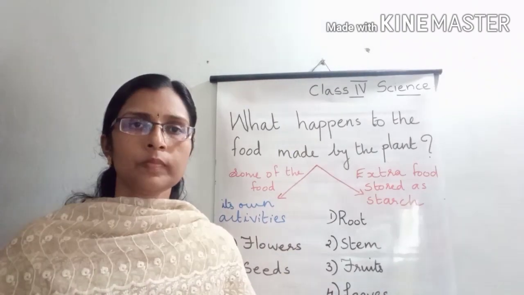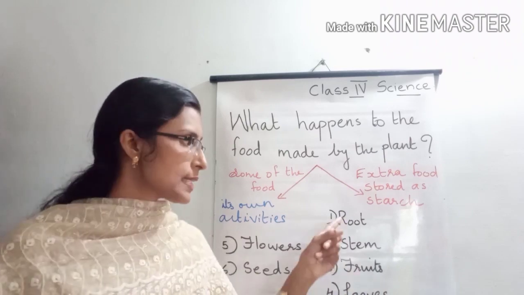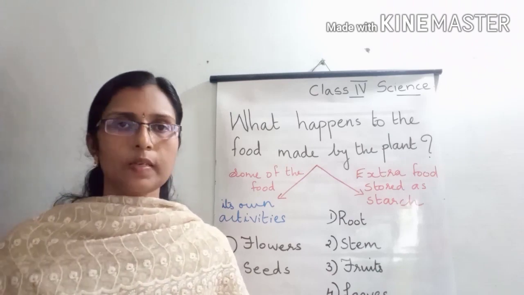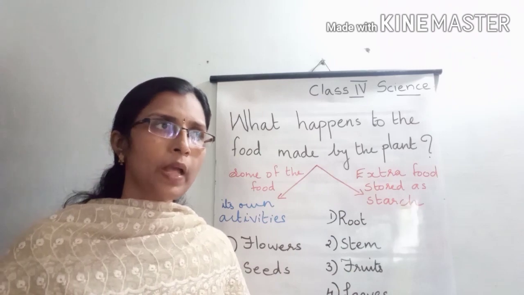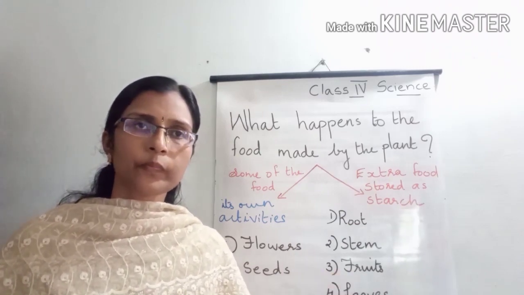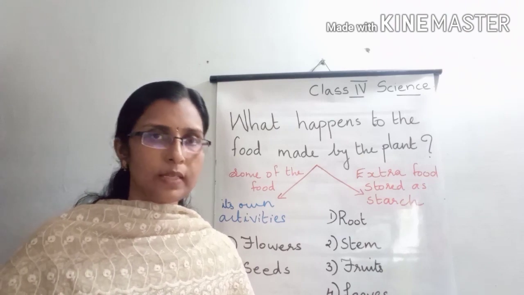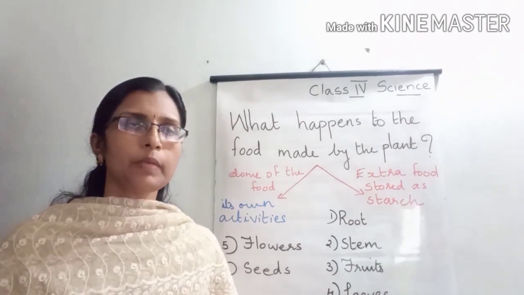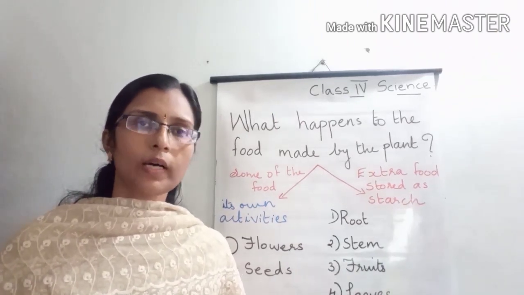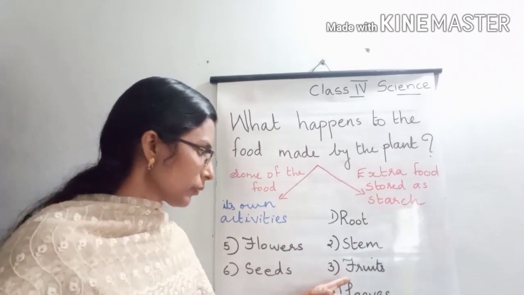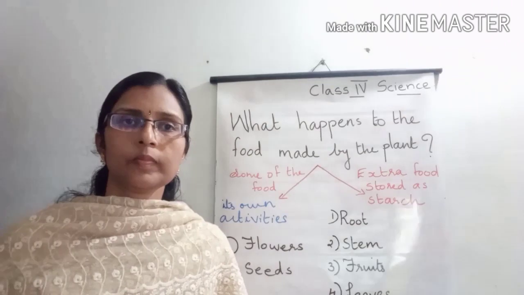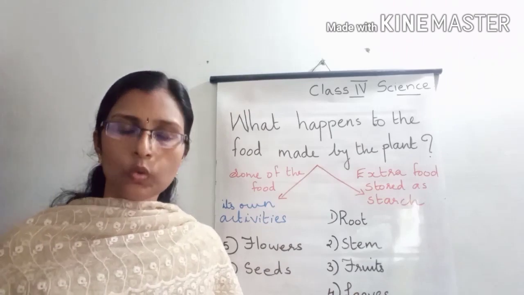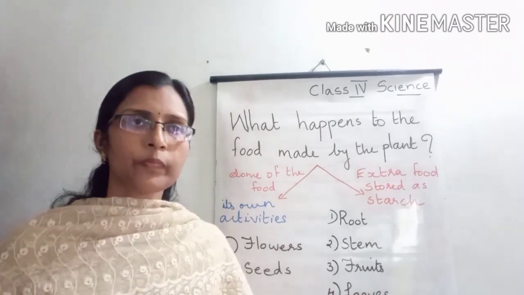Can you tell examples of the plant which stores its food in its root? Yes, carrot, beetroot, radish, etc. Then stem. Some plants which can store food in the stem: potato, ginger, sugarcane. Very good. Then fruits. Many eatable fruits are there, right? Mango, guava, cherry, etc. Then leaves: lettuce, spinach. Okay, good. Then flowers: cauliflower. Seeds: rice, wheat,